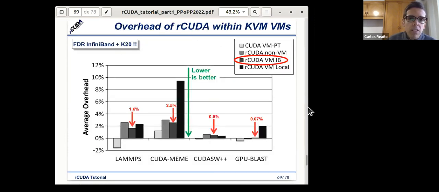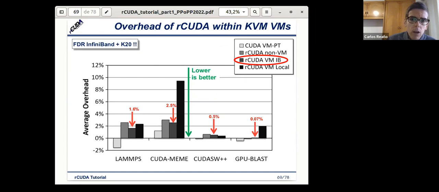Some performance results. Here we are showing a figure in which we compare CUDA using a virtual machine with the pass-through technique. Then we show rCUDA when not using a virtual machine.